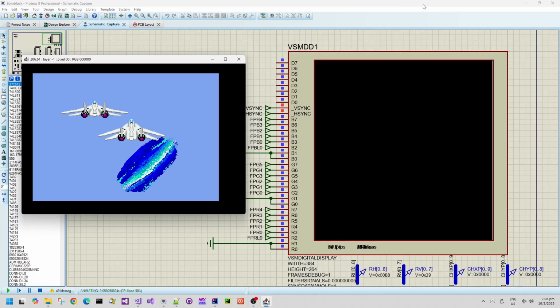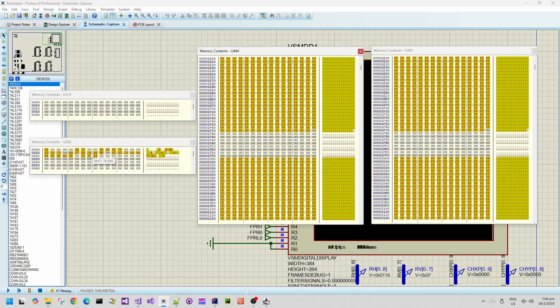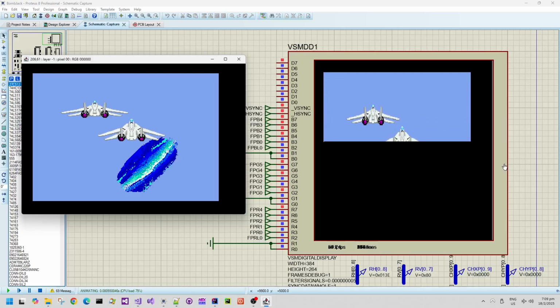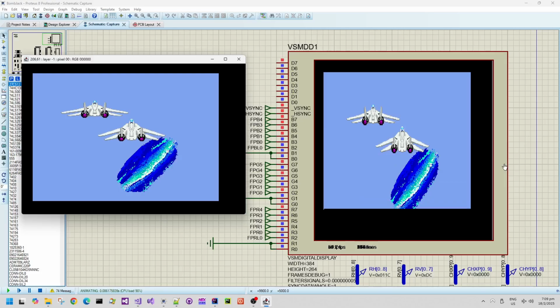This simulation view on the right hand side here is just basically a digital RGB display. It's not an analog display because I didn't want to have to bother with a full SPICE simulation. I just wanted to have a digital display for my RGB output, and wow, look at that. So the testing that I did with the test data seems to have worked really well, because the hardware simulation has just basically rendered the frame correctly, apart from there seems to be extra data down at the bottom of that